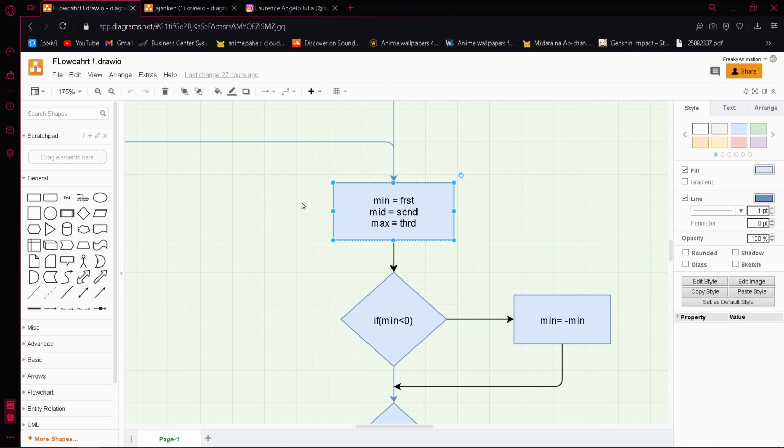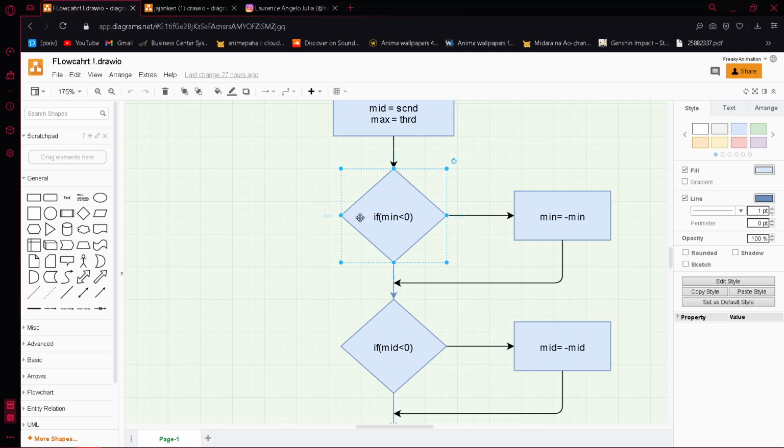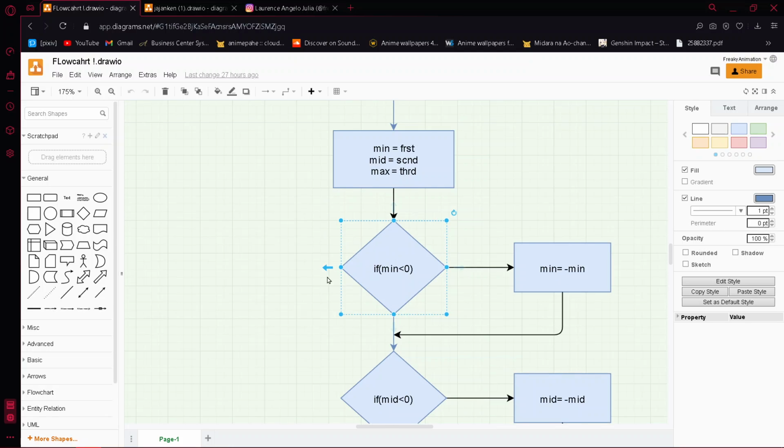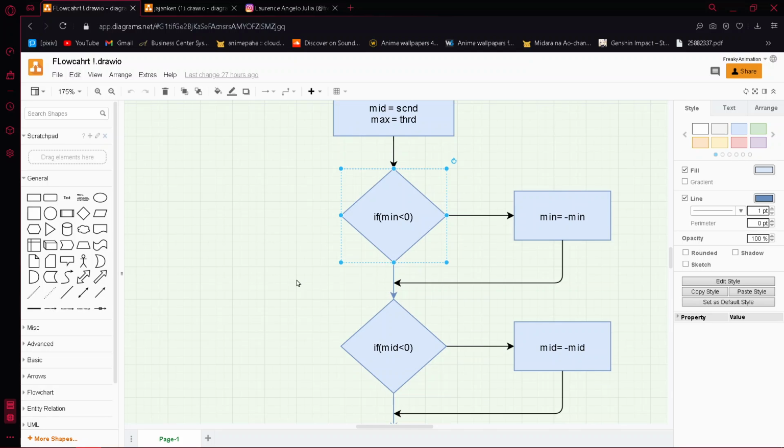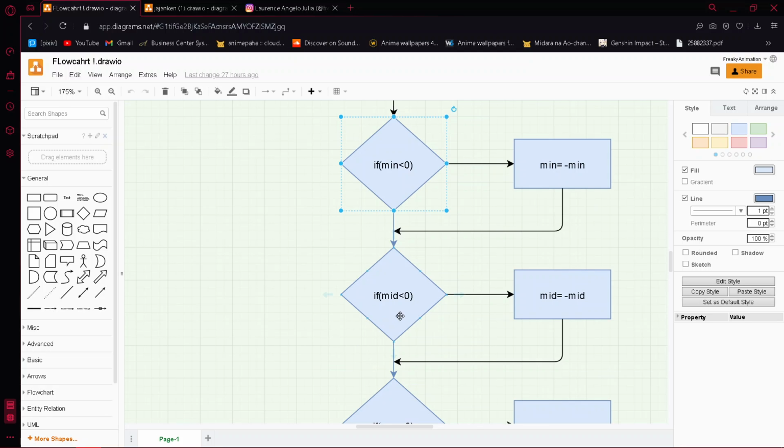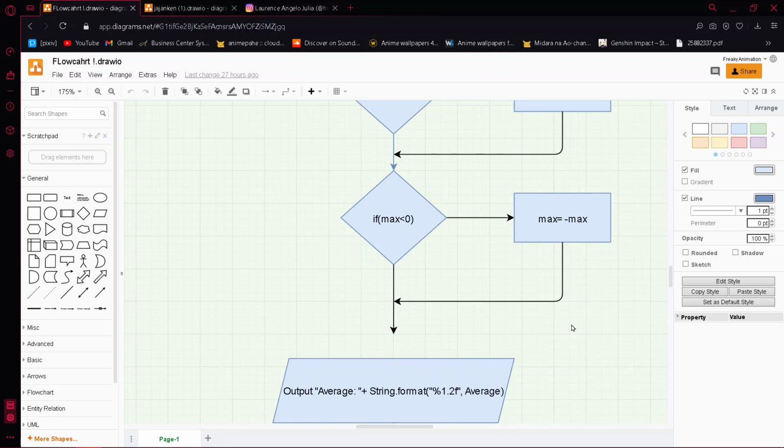And now you will create a decision table which contains that if min is less than 0, then if min is equal to min, then if mid is less than 0, then mid is equals to mid.